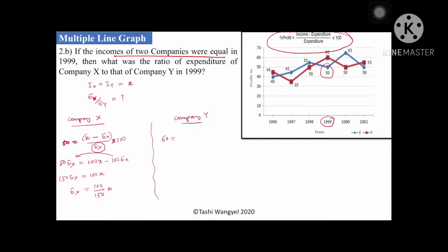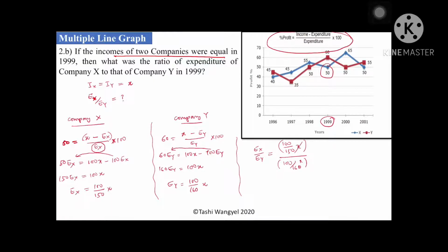The simple way: for company Y, the profit is 60 percent, and the income is equal to X, so 60 is equal to X minus expenditure of Y, over expenditure of Y, into 100. Cross multiply: 60 EY is equal to 100X minus 100 EY. So 100 EY on the other side: 160 EY is equal to 100X. EY is 100 by 160 X. The question asks for the ratio of EX by EY. The ratio of EX by EY is 100 over 150 X divided by 100 over 160 X